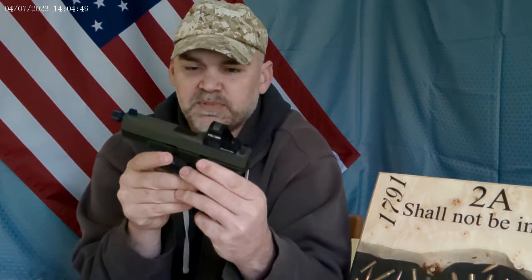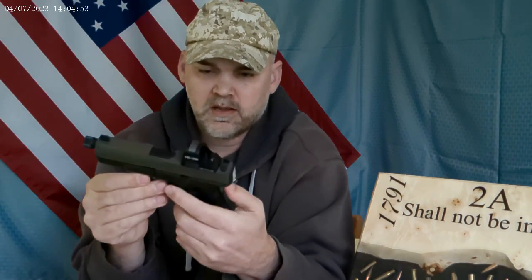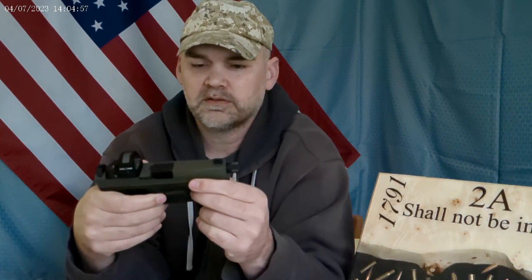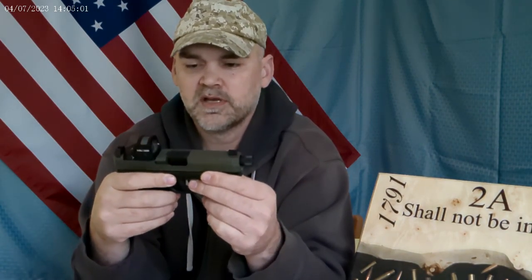I have a feeling eventually either I'm going to get a new lower or at least replace some of these pieces, maybe get a new trigger for this Glock, but the lower's fine in my opinion. It still functions the same, works great, never had any issues. But some of the metal components, like the slide release here, are kind of getting worn out, the paint there on it. So anyway,